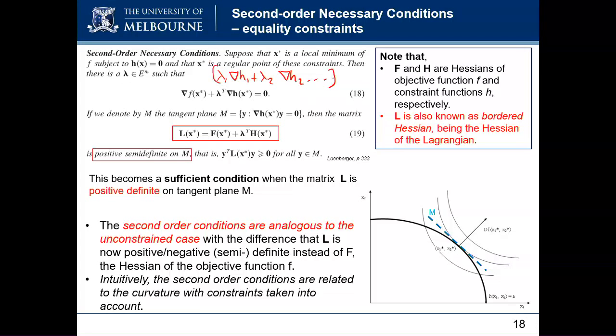So this is this expression. You have this vector equality. That's the first order. And if you take the derivative again, you get that matrix L at the solution